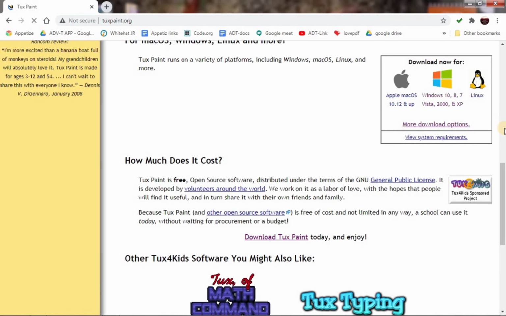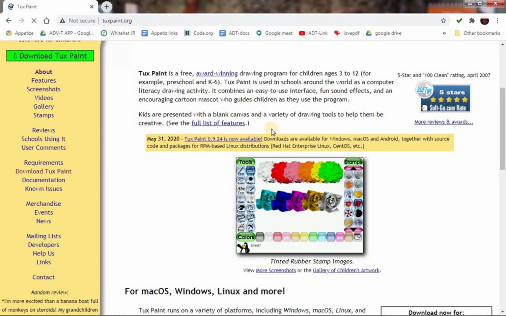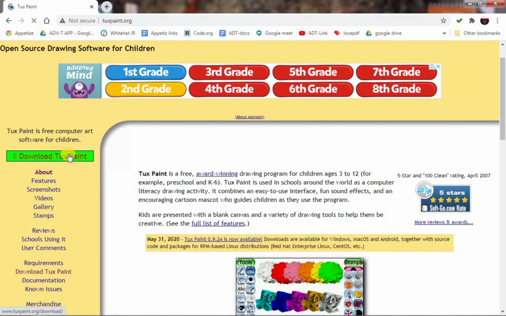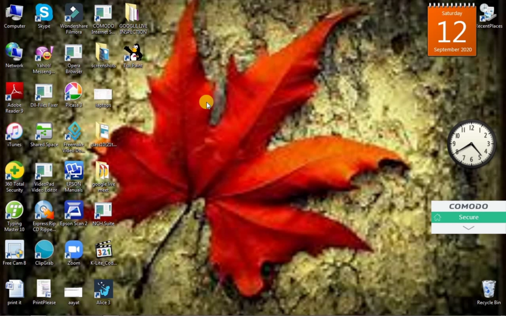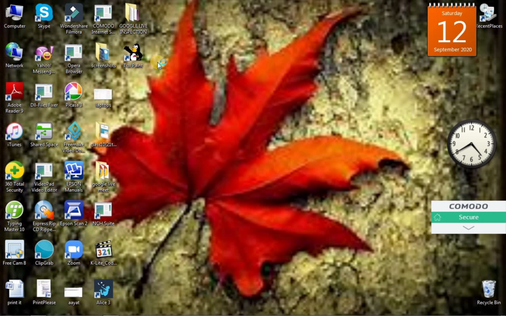You can see this is saying that the downloads are available for Windows, Mac OS, Android. So you can just get the download and you have to install it. After you install it, because it takes time to install, that is why I have installed it beforehand. You can see this is the app. You can just simply open it, keep it on your front screen and open it.